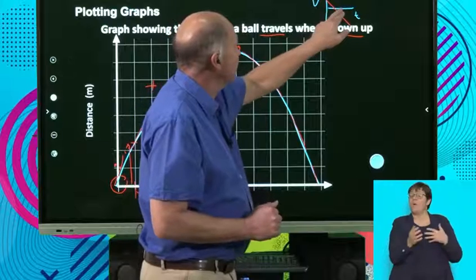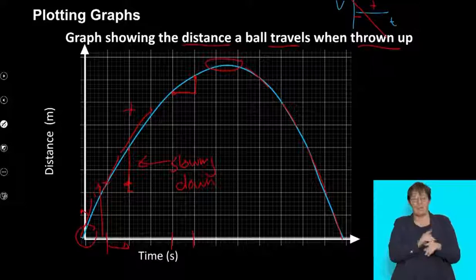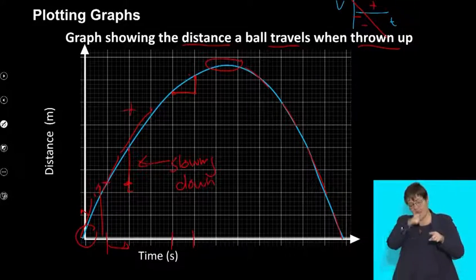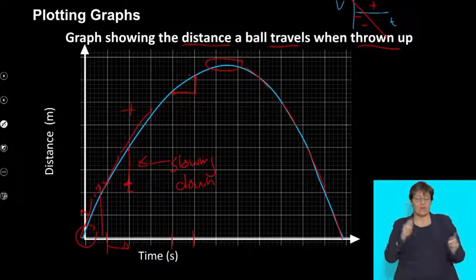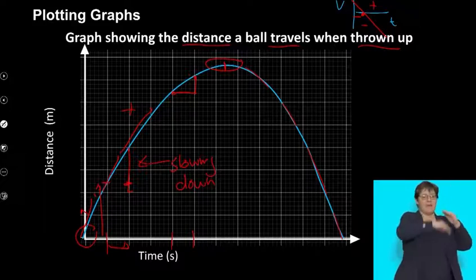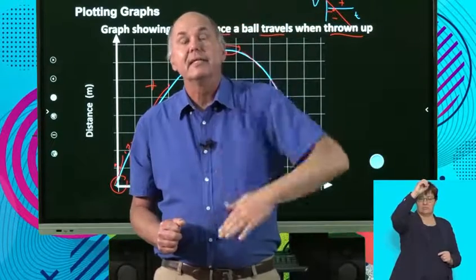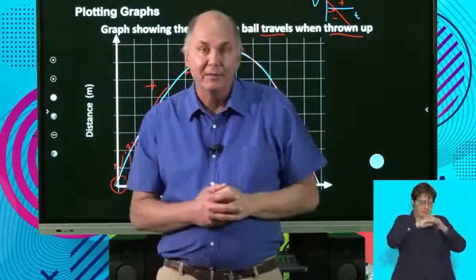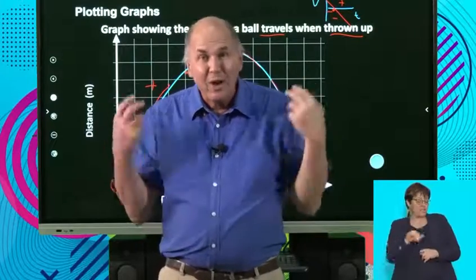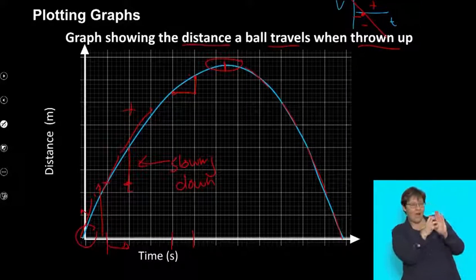Whenever it crosses the axis, this time axis, that was the positive velocity. This is a negative velocity. It's changed direction. This point here, that point there, correlates to the highest point. So at the highest point, the stone has 0 velocity, but it has the maximum height above the ground. Okay, so I hope you can see there's lots to tell by just looking at key features like minimum points